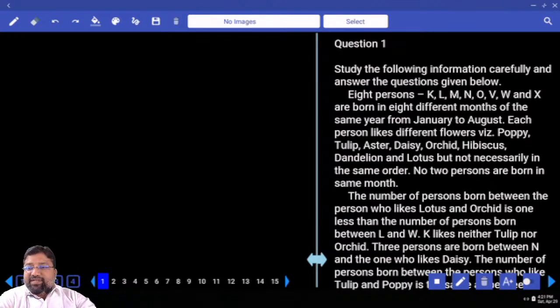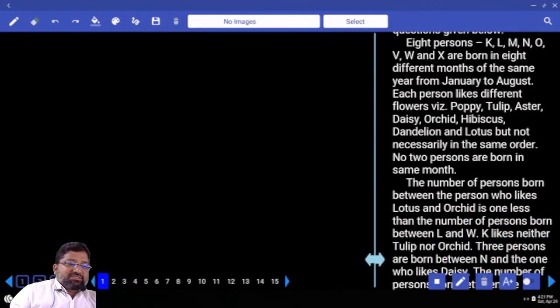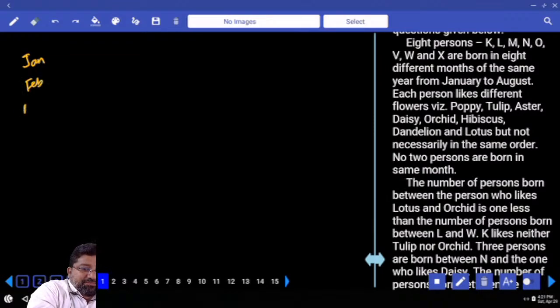What's the question? 8 persons K, L, M, N, O, V, W, X are born in 8 different months of the same year from January to August. Each person likes a different flower, that is poppy, tulip, aster, daisy, orchids, hibiscus, dandelion and lotus, but not necessarily in the same order. No two persons are born in the same month, and these persons are born from Jan to August. Jan, Feb,